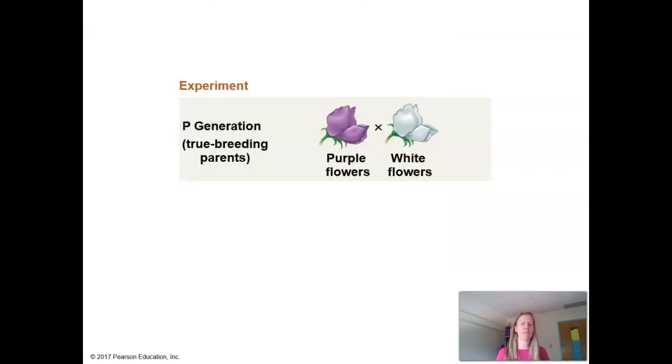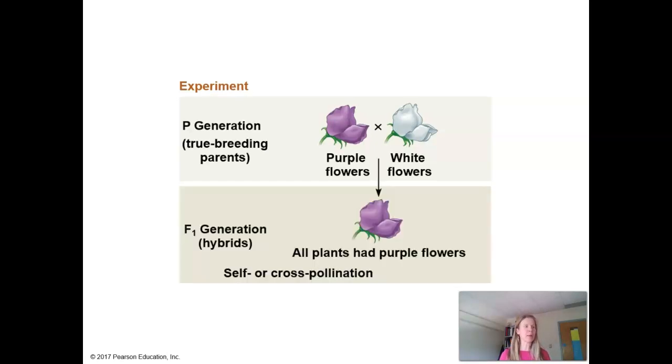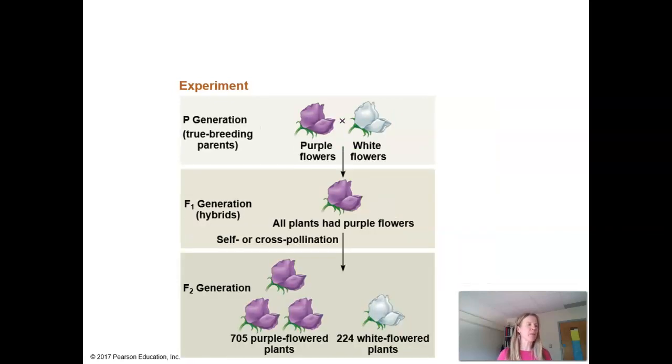And this is kind of what Mendel sees, right? So he takes those true breeding plants, a purple and a white, and he crosses them. Okay. And in that F1 generation, all the plants have purple flowers. But then when he crosses that next generation, right, pollinates F1s with F1s, regardless of whether that's self-pollination or cross-pollination, in the F2 generation, most of the flowers are purple, but some of them are white. And in fact, it actually comes out to this 3-to-1 ratio.